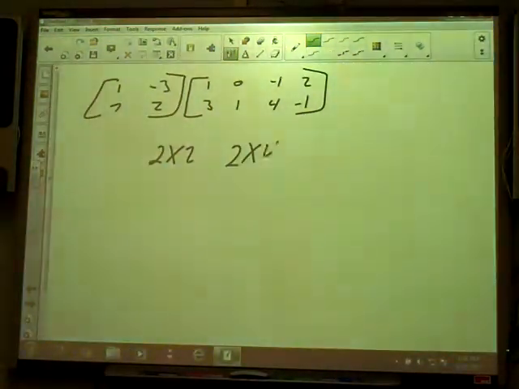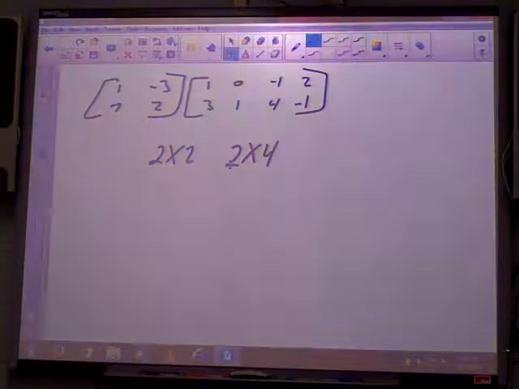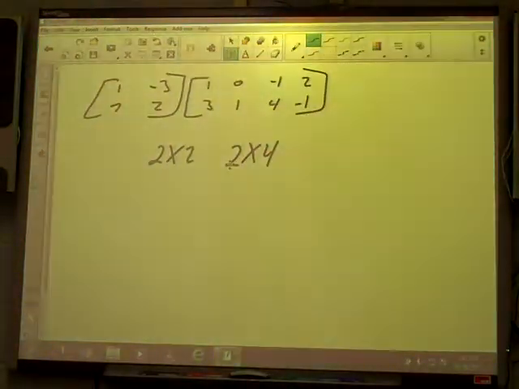So to decide if it's possible to multiply, after you write your dimensions there,